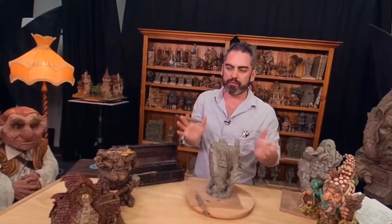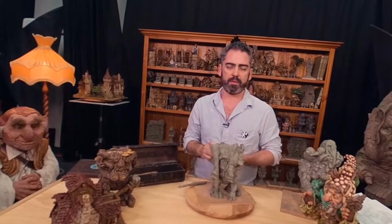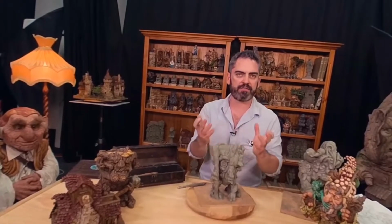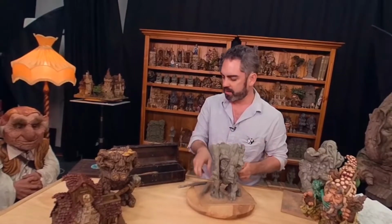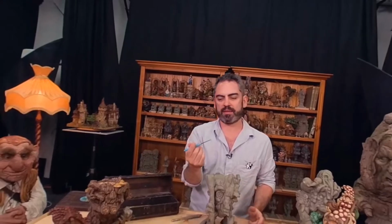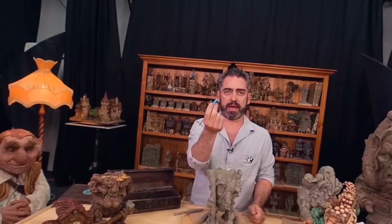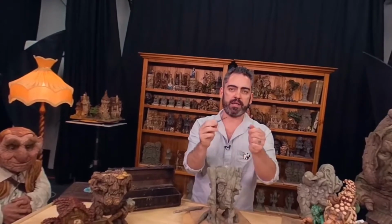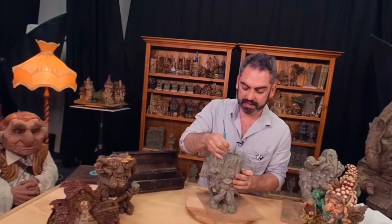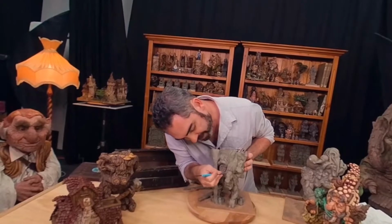And then once I get an overall feeling, an overall shape, which still looks like a big mushy ball of cheese, you're really just finding almost the silhouette of this character. Then I go in with something like this. You could use anything. This is a steel sharpened pipe thing. I really only need it for this point here, because as you can see, I've already started. I start just like I'm drawing on paper. I can start drawing in features,